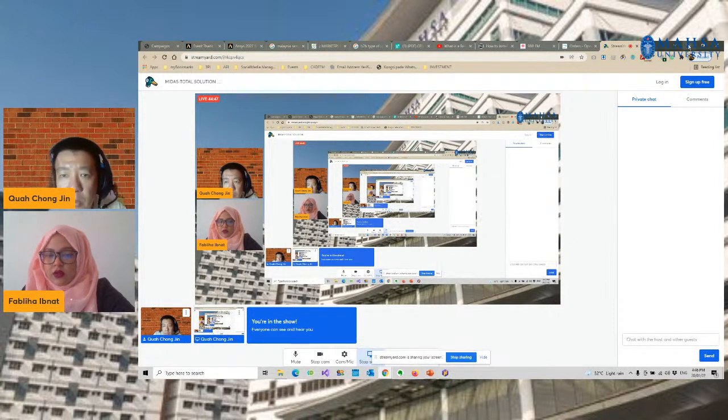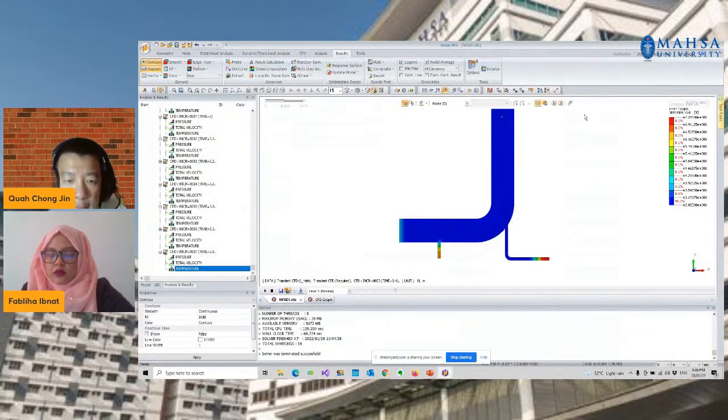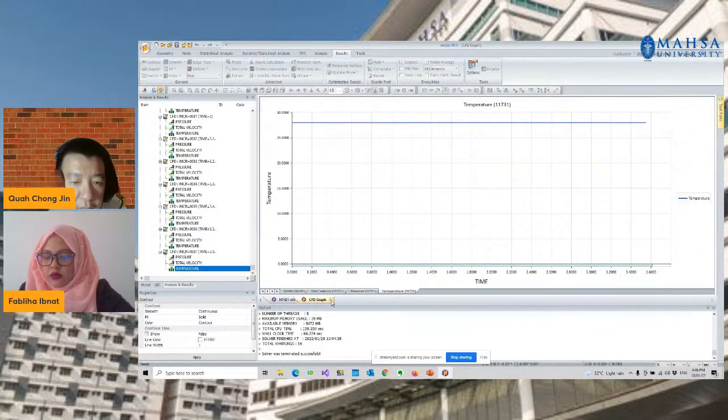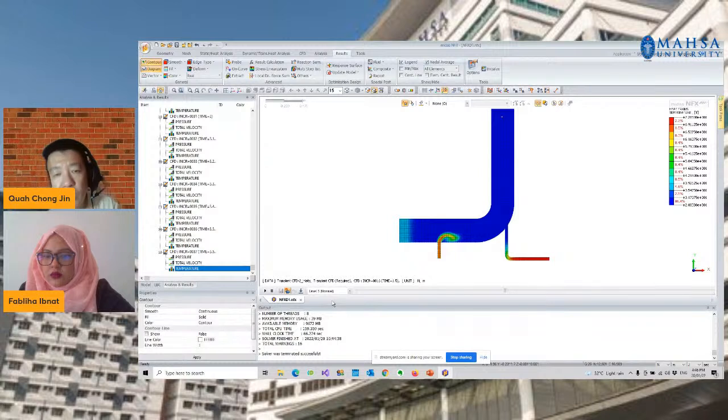Okay, no problem. Since there is no response on the Q&A, I will show you another case. It's not in demonstration mode, but the workflow will be similar to what you saw for this elbow pipe.